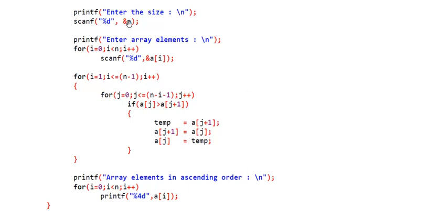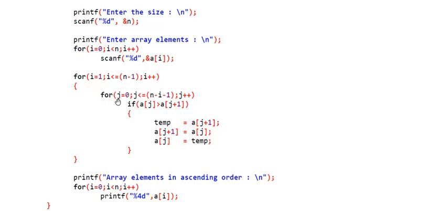For example, here n is equal to 5, user has given 5, I is equal to 1, I less than or equal to 5 minus 1, 4. I less than or equal to 4 means how many times will these statements be repeated? I is equal to 1, 2, 3, 4, that is 4 times these instructions will be repeated, and this for loop starts here and it ends here. So this for loop will give me the 4 passes. If user has given n as 10 elements, I am going to have 9 passes, right? That is the requirement fulfilled by the outer for loop.